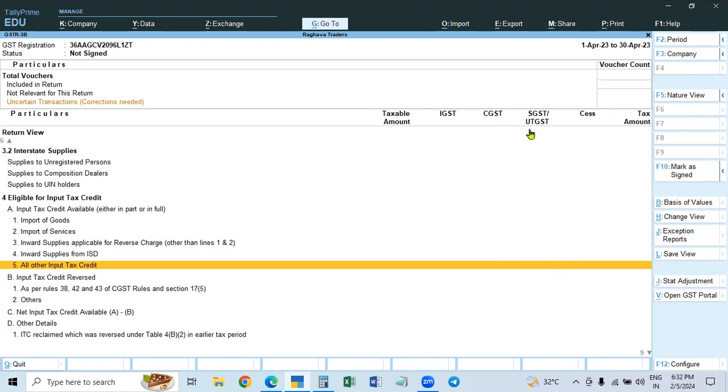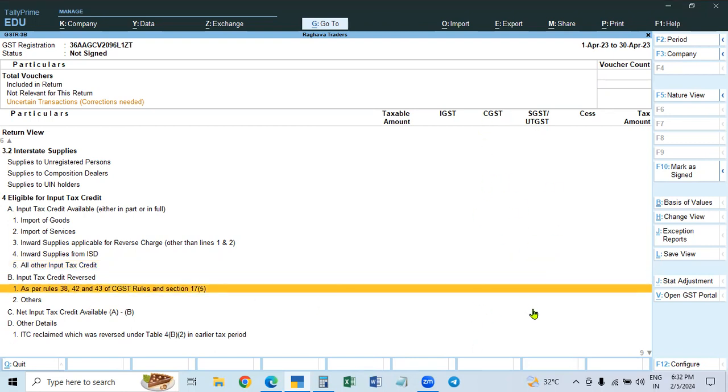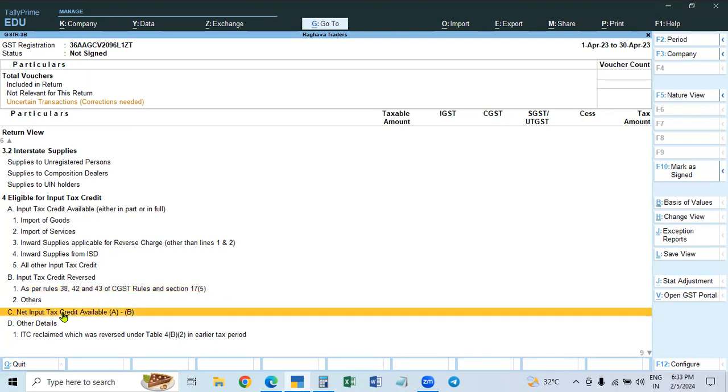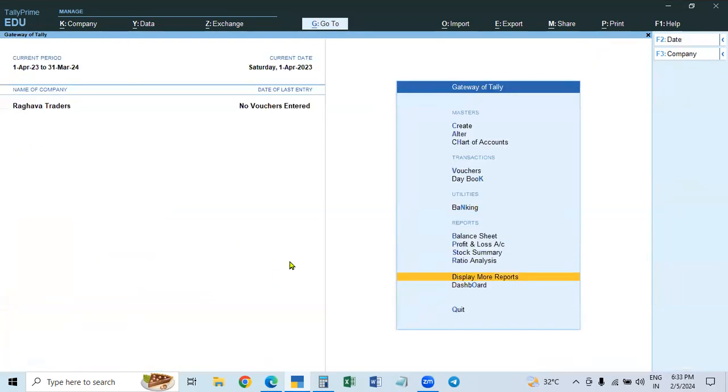So show the total ITC, 40,000, 40,000. 1 lakh is 50,000, 50,000. And in this, the reversal will be 80,000 reversed, 40,000, 40,000 to be reversed. And the balance net ITC will be 10,000, 10,000, CGST and SGST. Total will be 20,000 relating to that. So like this, we have to claim